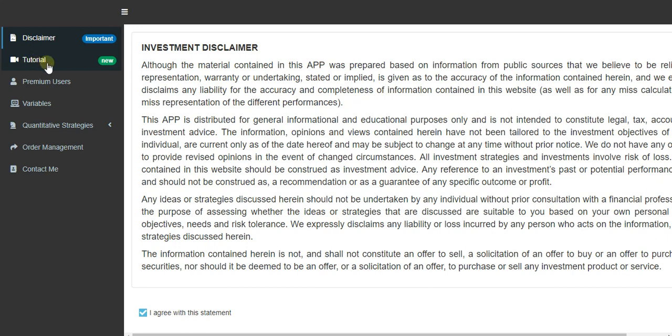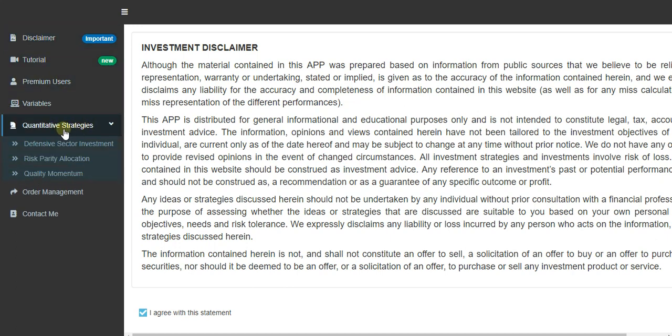In the tutorial tab, you will see different videos on how you are going to be able to use this tool, how you need to set specific variables to analyze the performance of the different quantitative strategies that we will see here in this tab, and many other things related to configuration, how to use it, or how to solve specific problems. But before going into this part, let me explain these two tabs that we see here: